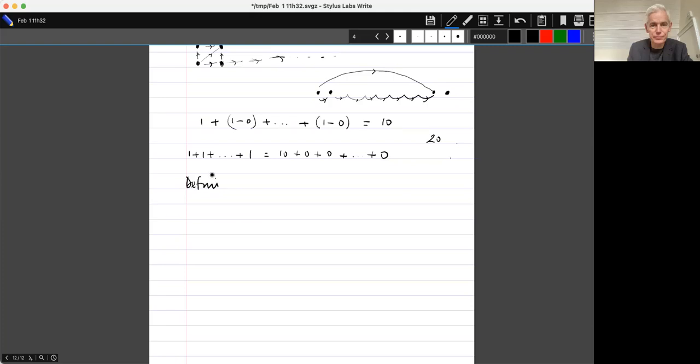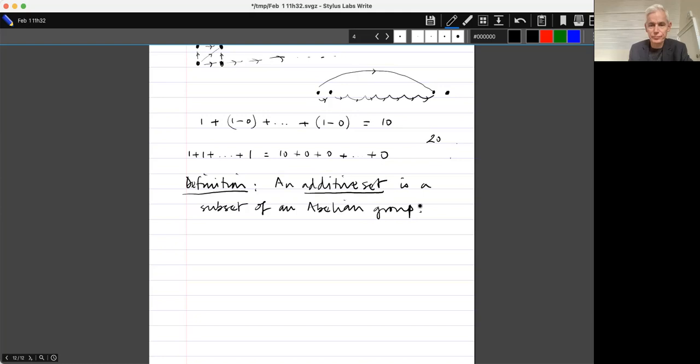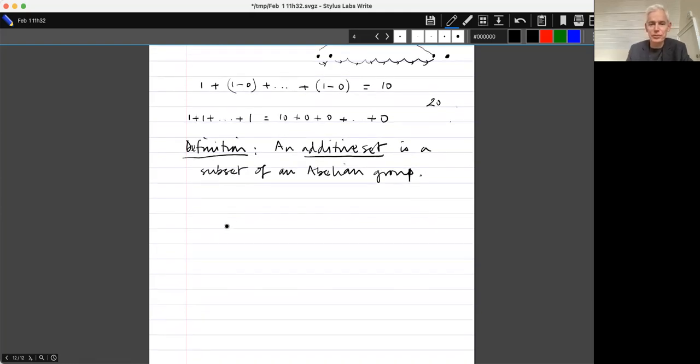Definition. First of all, let's define the objects. An additive set is a subset of an abelian group. That's all it is. And most of the time we'll be talking about finite additive sets. So let A and B be additive sets, and let phi be some function from A to B. Then phi is a Freiman homomorphism